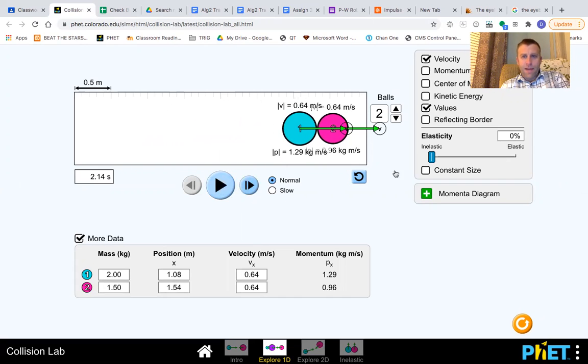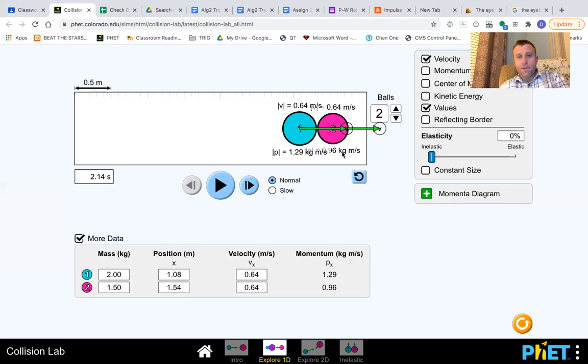Have them hit, boom. I had it set up inelastic, so that means they stuck together. Elastic is bouncing off, but this should apply to either case. So let's look at the total momentum now. If I did 0.64 times 2, 1.29 basically. And if I did 0.6, this one's going the same speed since they're stuck together, times 1.5. Apparently that comes out to be 0.96. Now these are both positive, so I add those together. 1.29 plus 0.96